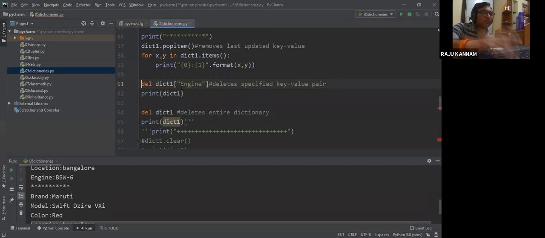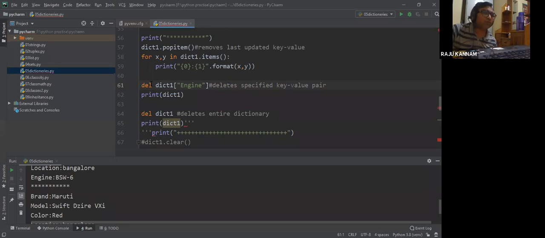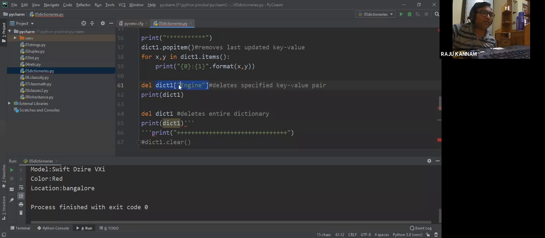Like other collections and arrays, we have del here. Del will remove the specified item. Indian we have already removed; this time I will remove location.